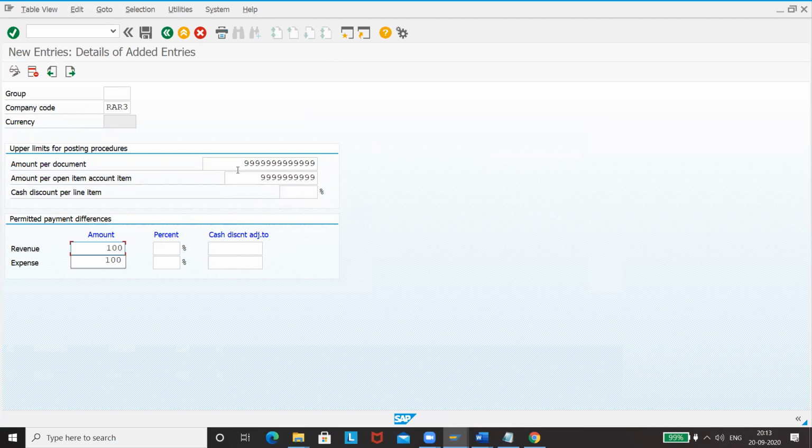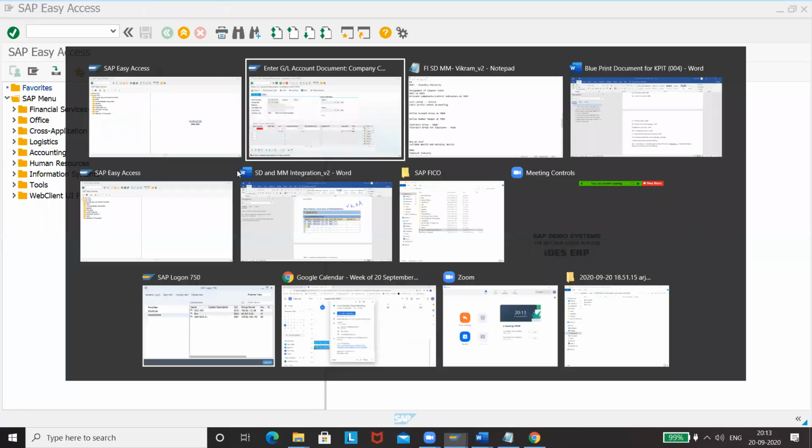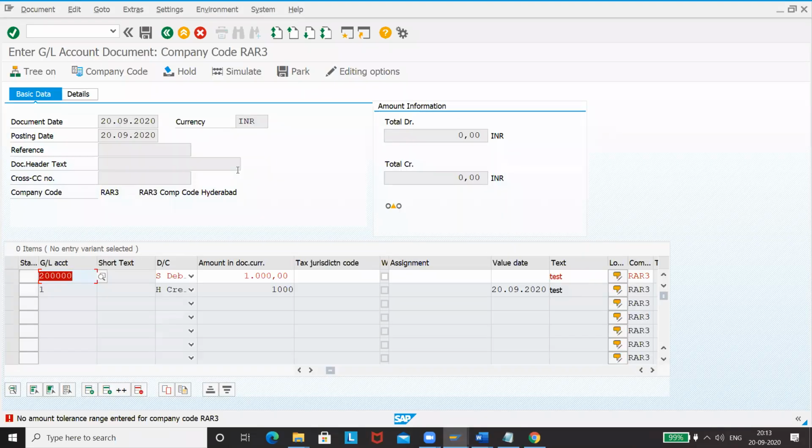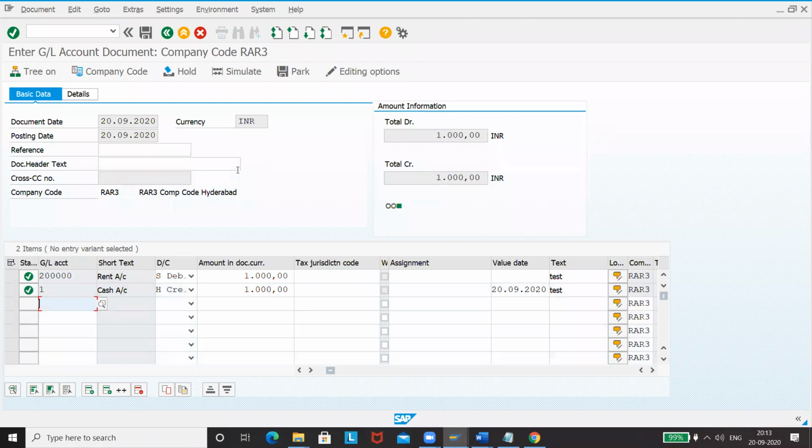I told you about this one. These two are needed, so we have maintained them. Usually, if we take a standard chart of account, this is not needed. But now that we are going for our own chart of account, we are experiencing these things. That is fine, we are getting to know more and more about them. Please try to execute.